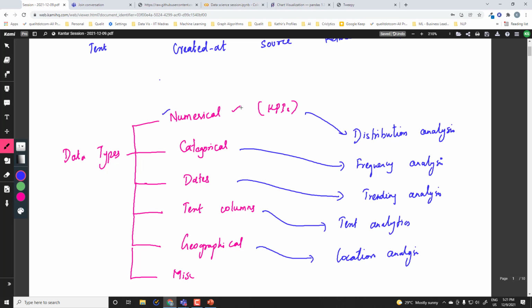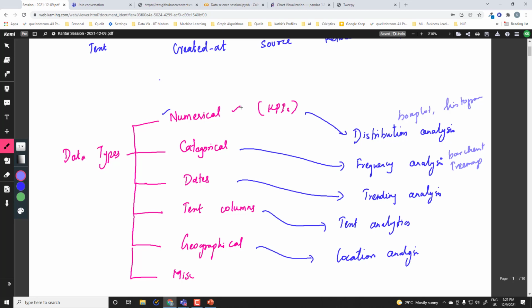And the charts that you pick, the statistical analysis that you pick, all depends on what type of columns you have. If you want to do distribution analysis, we typically use box plot, histograms, etc. If you are planning to use frequency analysis, bar chart, stacked bars, tree map, etc. all those comes into picture.